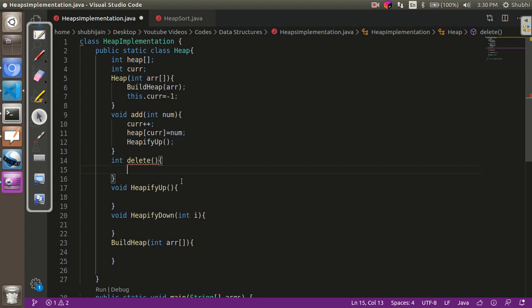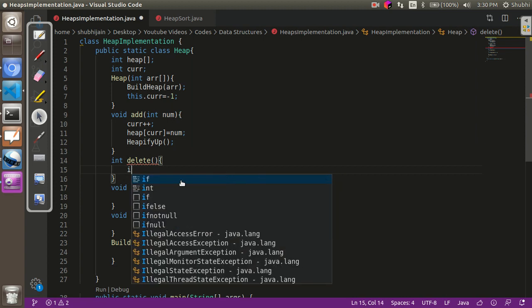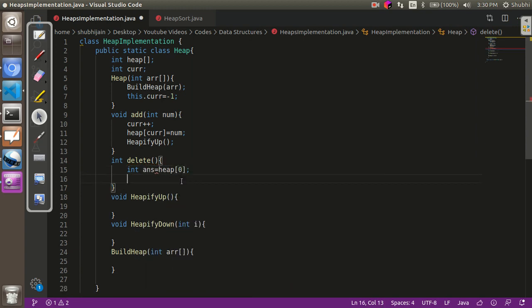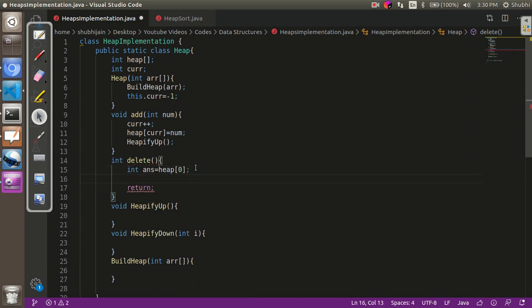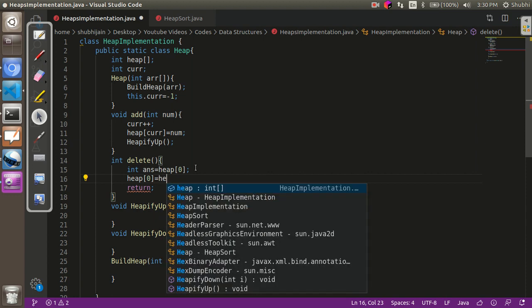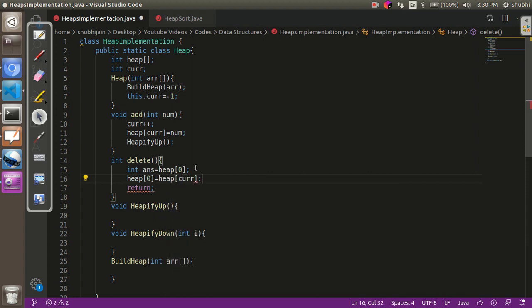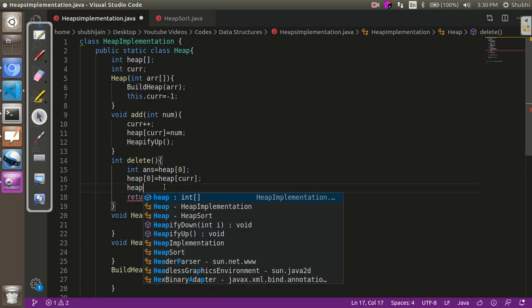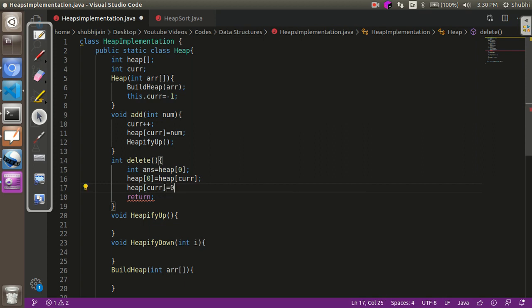Now in the delete function we know that the root element has to be sent back. So I'll store the value of the root variable, and the root variable is always at 0. So this will be stored and returned, but now we have to delete it from the heap as well. We are just going to replace the element at 0 with the element which is at the last place, which is at the current place. So we'll place the last element over here, and we'll place 0 at the last position.